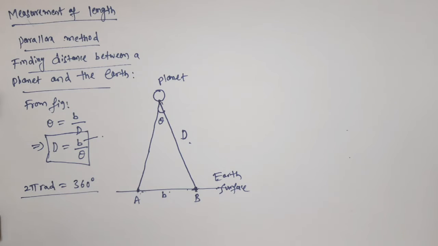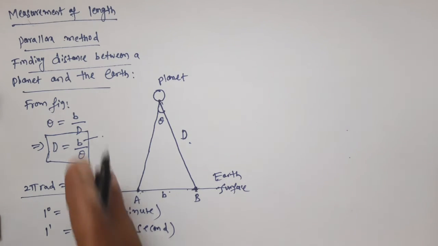And one more thing, when the angle is less than 1 degree, we split that 1 degree into 60 equal parts. This is called an arc minute, or minute of arc, whatever you call it, both are the same. So 1 degree is equal to 60 arc minutes. And if the angle is very, very small, 1 arc minute can again be divided into 60 equal parts. That is called an arc second. This is not time. This is called an arc second.